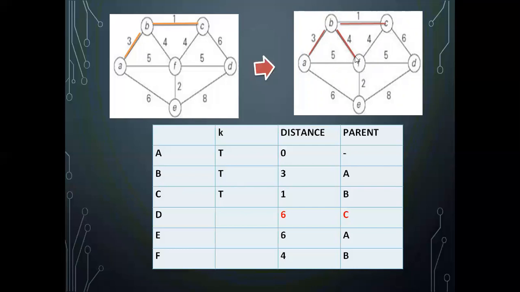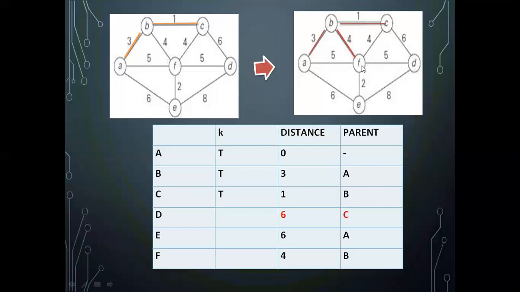Now from F you should see what all the edges present are. F to A will be there, F to E will be there, F to D will be there, and F to B and C will be there, but these two are already part of the spanning tree, no need to check. F and A are both part of the spanning tree, so no need to check. Remaining are F to E and F to D.